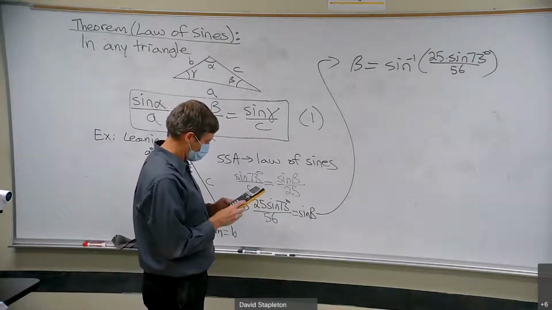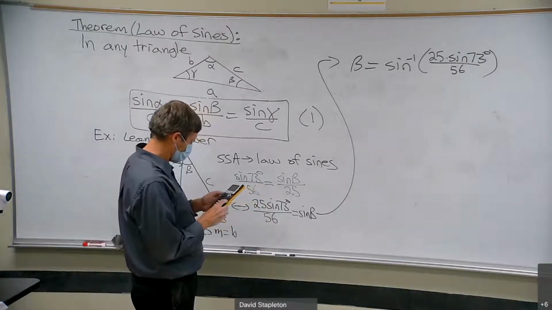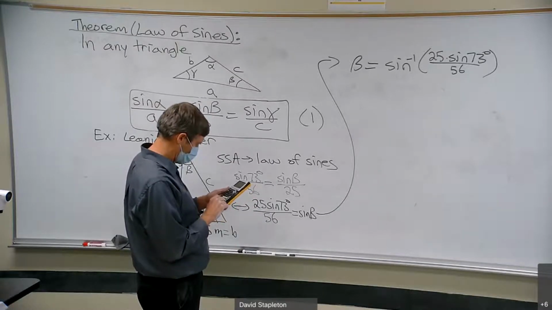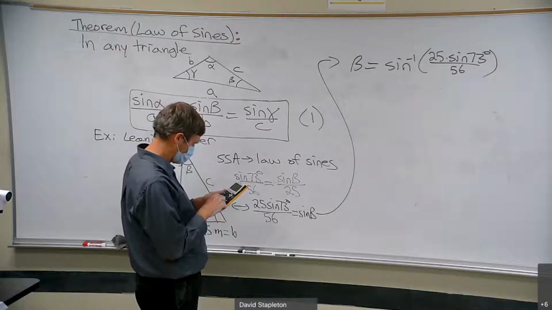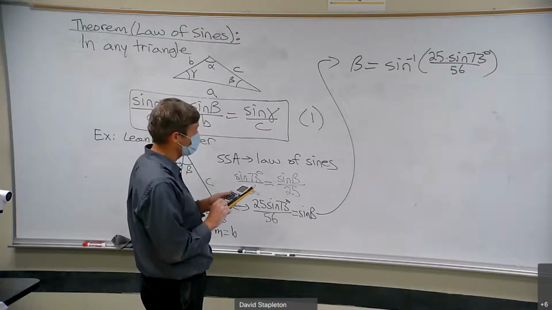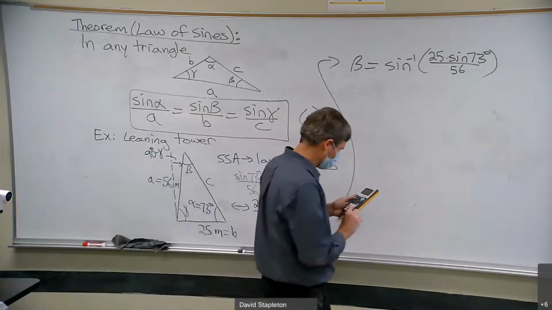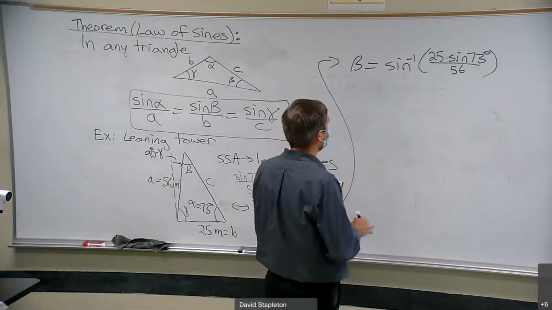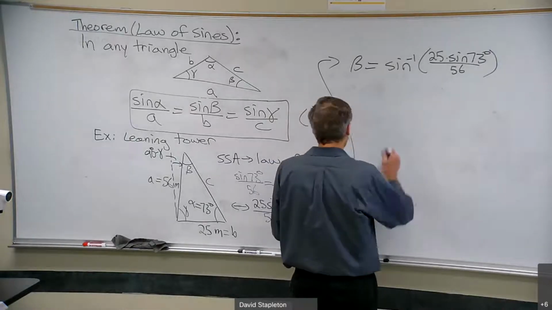Let's see, I get inverse sine. You've got to make sure it's in degrees mode. 25 times sine 73, close your parenthesis, divided by 56. Gives me 25.27 degrees. So beta is approximately